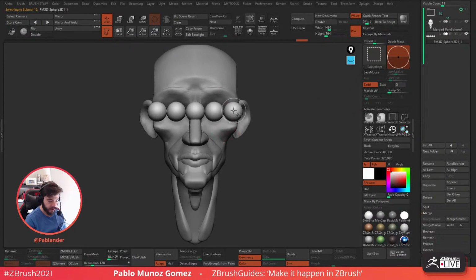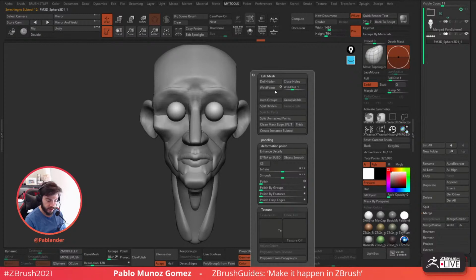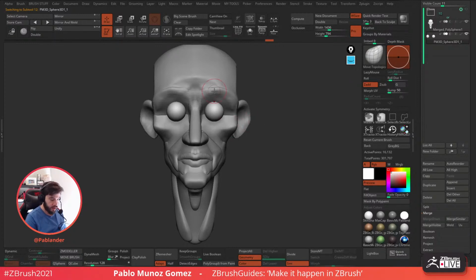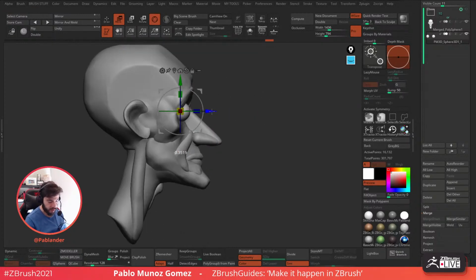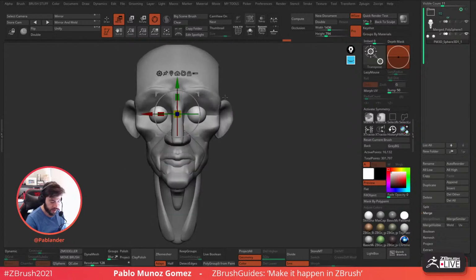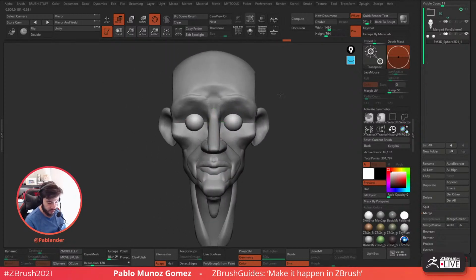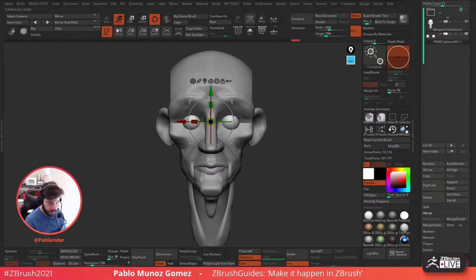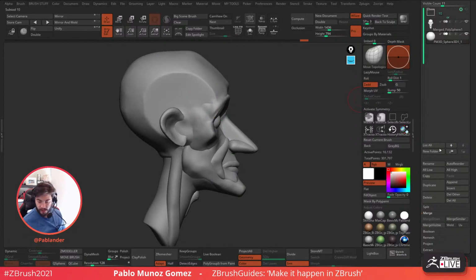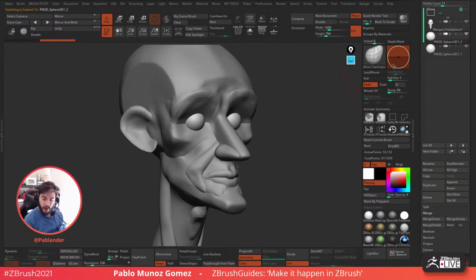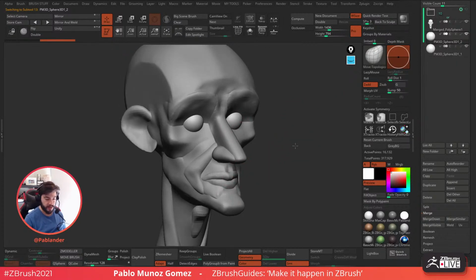Now that I have these, I'm gonna isolate the two eyes, delete hidden, and that's just a quick way to make sure that the size is consistent, realistic. So those are gonna be the eyes for the character, and I'm gonna duplicate this and put that up. So one of these set of spheres are gonna be the eyes, the other set is gonna be the eyelids,